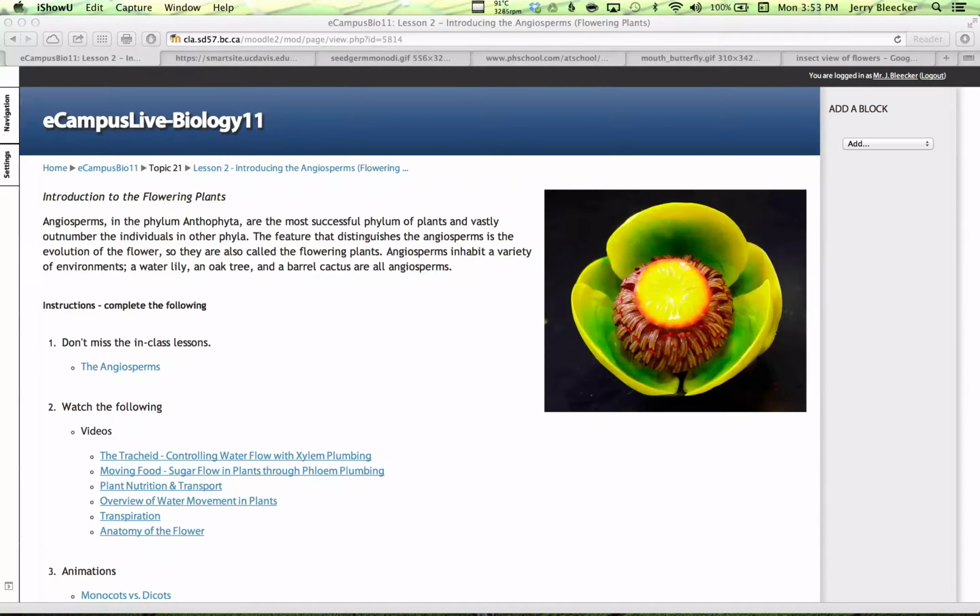Can you believe it? We're at Chapter 22, Section 5, which is all about the angiosperms. And it's taken us a bit of time to get here. Plants had to invade land, and we looked at the bryophytes, and they didn't even have water conducting tissues. We moved on into the ferns, the pterophytes, and saw the rise of the water conductive tissue, tracheids, that's a